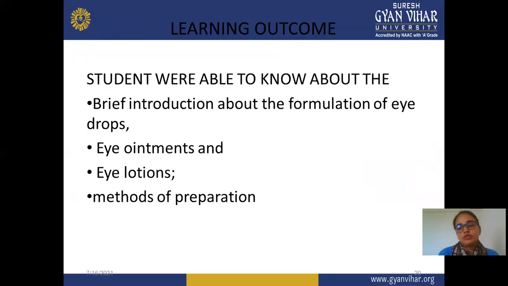After completing this lecture, you should know about these learning outcomes or topics regarding this ophthalmic preparation. In this, we already discussed different formulations for eye drop, eye ointment, eye lotion, and contact lenses. After completing this lecture, you should know what an eye drop is, which excipients are responsible for manufacturing of eye drop, how you manufacture these eye drops, and which conditions are required to maintain proper conditions for manufacturing of eye drop.